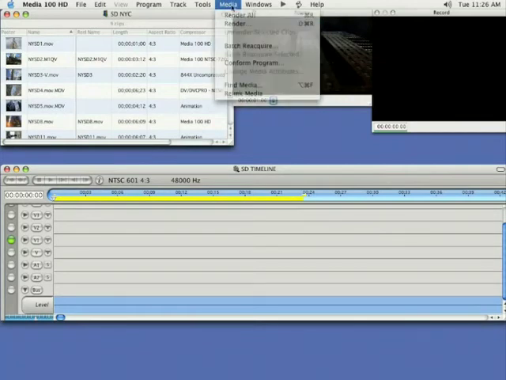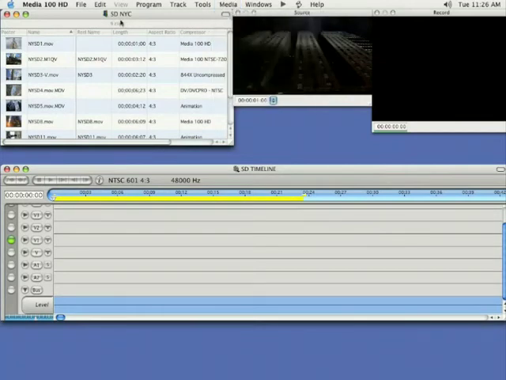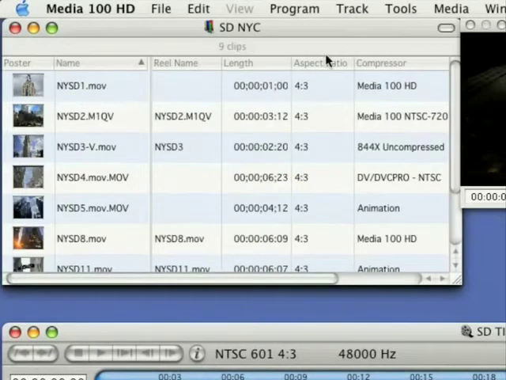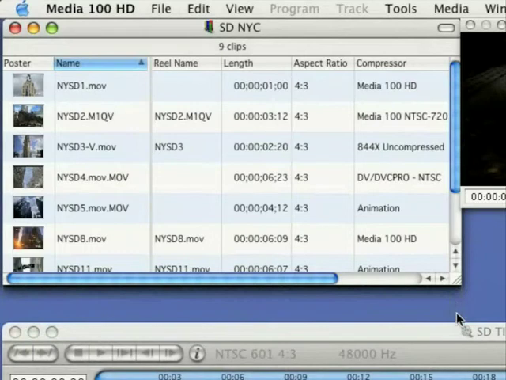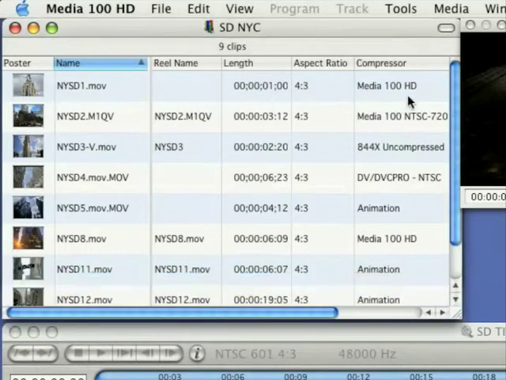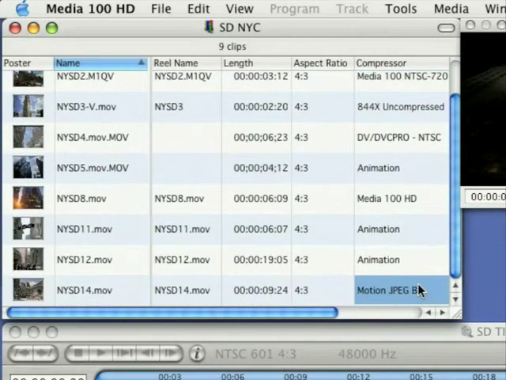Even if you don't see yourself working with or acquiring HD media in the near future, the Media 100 system presents a formidable array of new features and refinements that make editing SD projects very easy. Within an SD timeline, you can work with and actually acquire SD clips in a wide variety of QuickTime codecs natively. These include the Media 100 HD codec, Media 100's 844X codec, the Media 100i codec, Motion JPEG-B, DV clips,